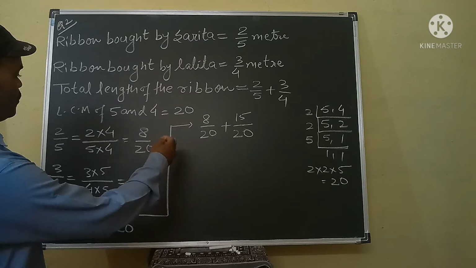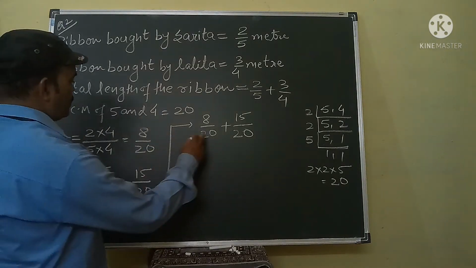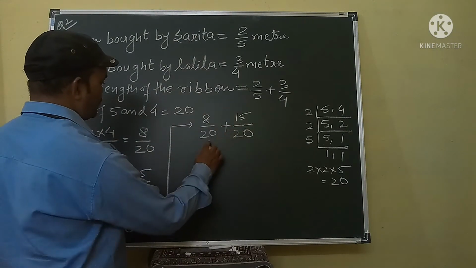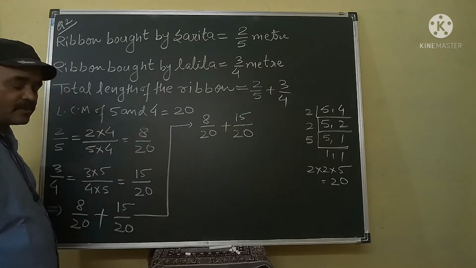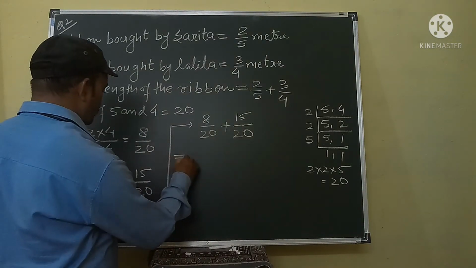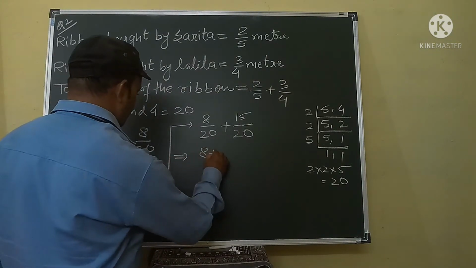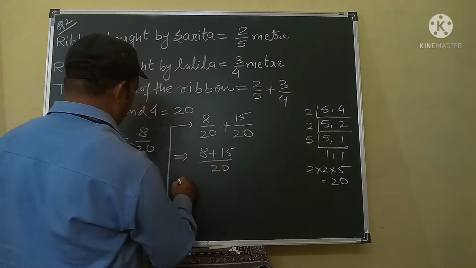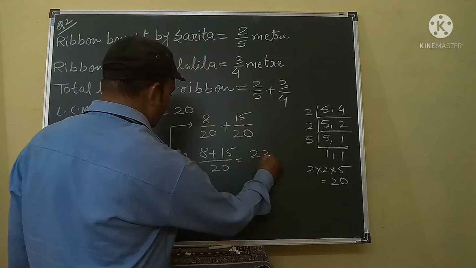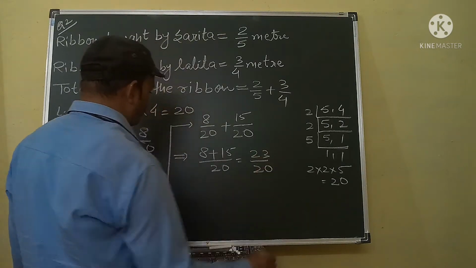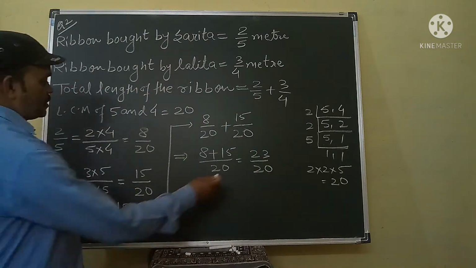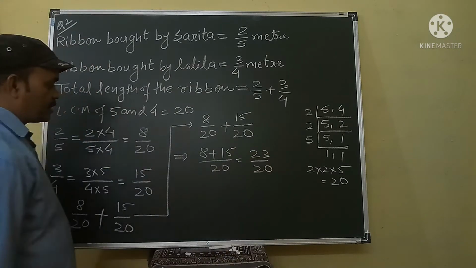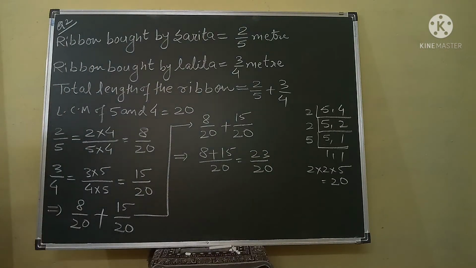These two fractions are like fractions, that's why the denominators are the same, that is 20. What will you do? 8 plus 15 upon 20. 15 plus 8 is 23. 23 upon 20. This is an improper fraction. And an improper fraction we can convert to